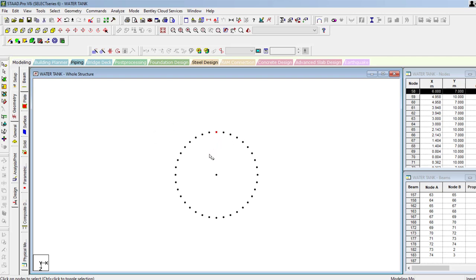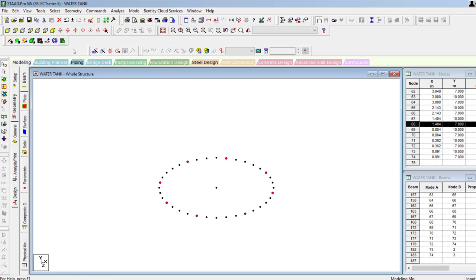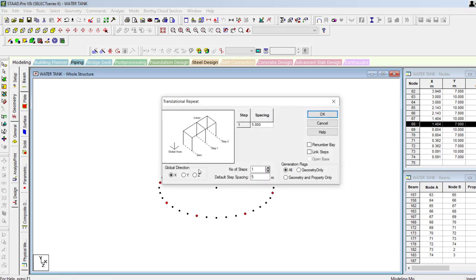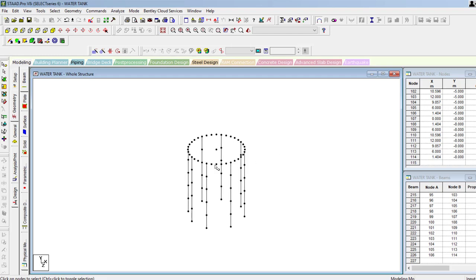Select this one, control this one and this one. In between, I want to select this. Even if you want to go ahead with only 4 columns, then you can go and then check the deflection and all the steps. Like this way. Now I want to do the translation repeat about Y direction. Downward I want, means I just give a -3 number of step. I go ahead with 4 to 5, whatever the total height, and then link. OK. So like this way I get the column.